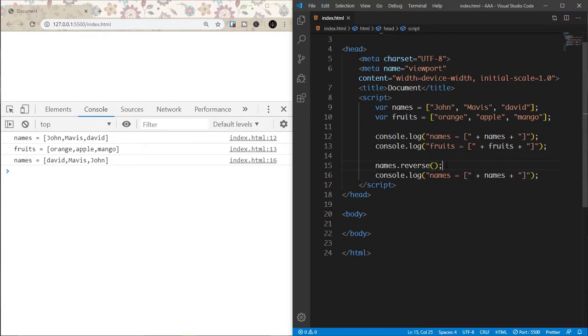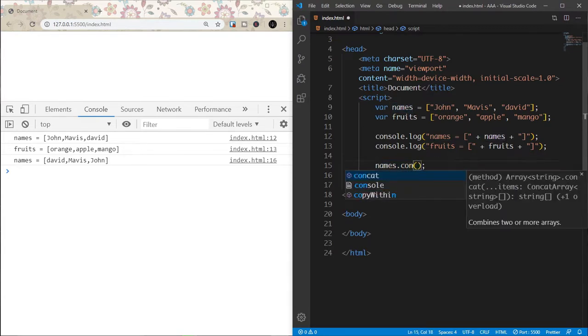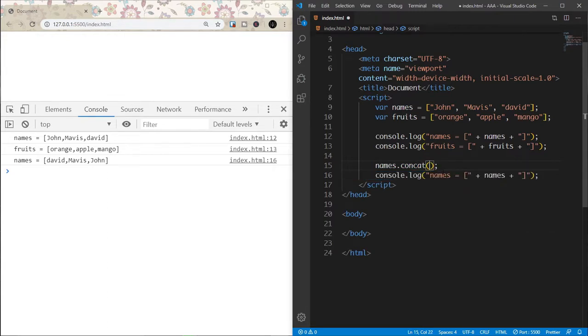Then finally we have the concat function, which joins several arrays into one array. For this, we are simply going to take one array and join another array to it. So we are going to take the names array and concat it, meaning join it, with our fruits array. Because I don't want to change the original arrays, I'm simply going to assign this to a new variable. So var